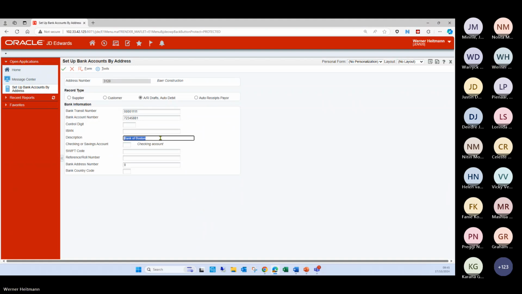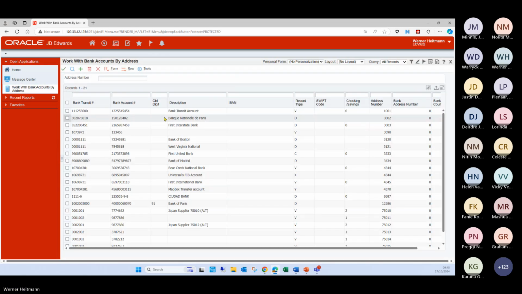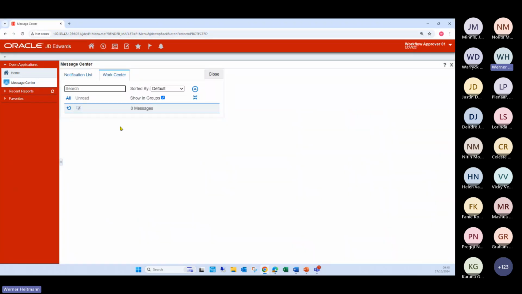I'm just going to say ABC, routed for approval. Okay. Confirmation, it's been submitted for approval. And if I swap back to my approver, I'm going to refresh my message center. I've got a message indicating